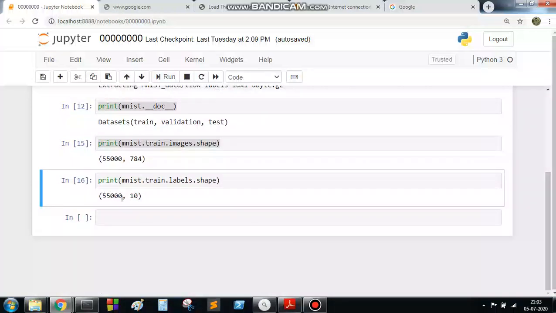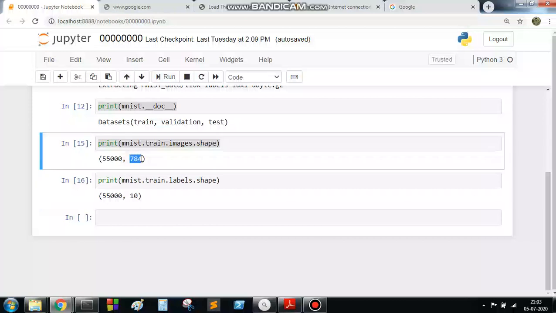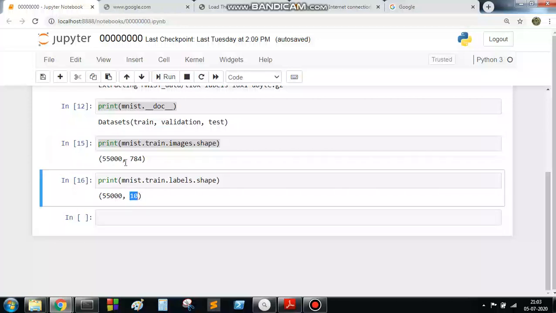That means we have 55,000 instances. So input feature shape is 784 and output features are 10, with a total of 55,000 data points.